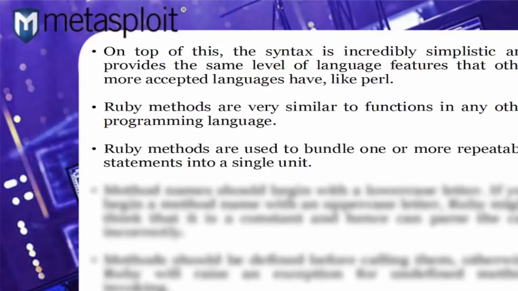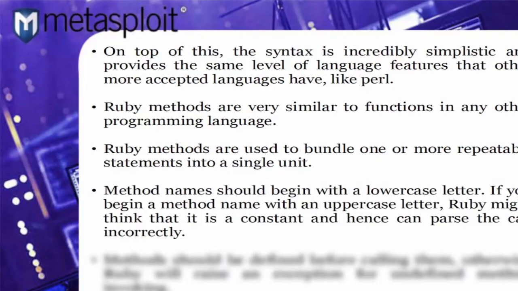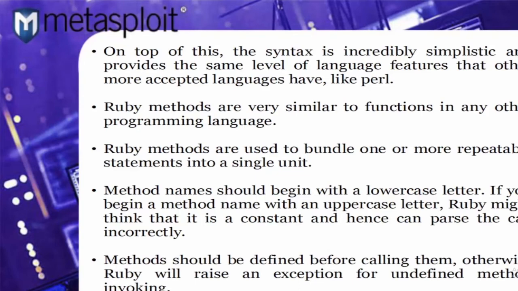Ruby methods are used to bundle one or more repeatable statements into a single unit. Method names should begin with a lowercase letter. If you begin a method name with an uppercase letter, Ruby might think that it is a constant and hence can parse the call incorrectly. Methods should be defined before calling them, otherwise Ruby will raise an exception for undefined method